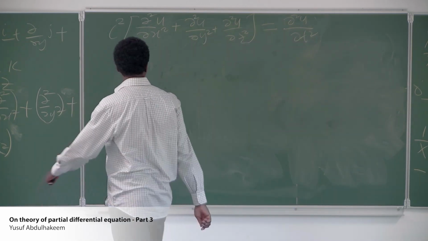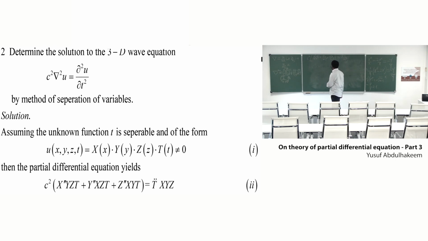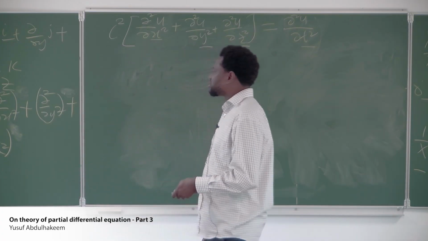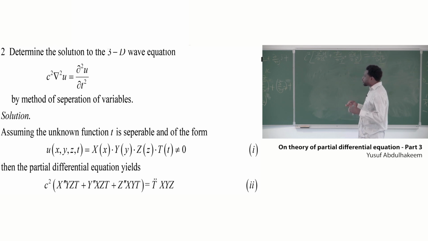So here now, if we look at what we have written here, we'll see that we have up to 4 variables: 3 space variables and time. So here, what we are going to be assuming is 4 functions. Now look at it. From what we have here, we have the independent variables x, y, z, and then we have time. So here we are going to be assuming 4 sets of functions. The product of these 4 sets of functions will be the assumed solution of the unknown function u.